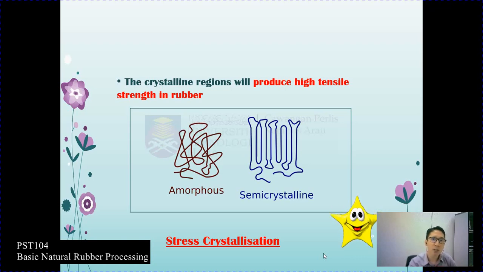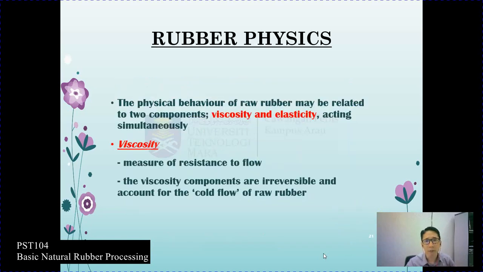The crystalline region will produce high tensile strength in rubber. So some applications require a high crystalline region in order to have good strength in rubber. Whereas when you want a more elastic rubber, you tend to produce more amorphous structure. Okay. The physical behavior of raw rubber may be related to two components, which are the viscosity and elasticity acting